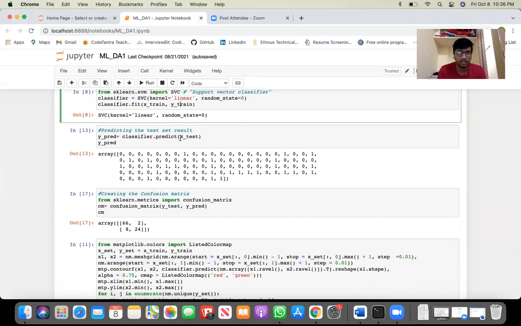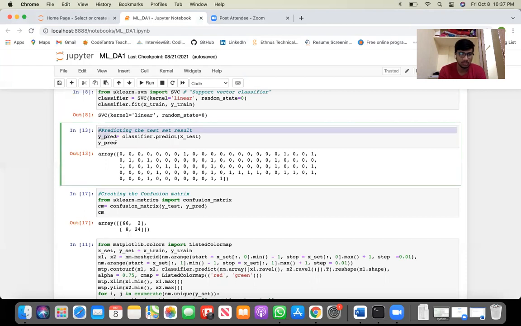Next step is predicting the test set result. The model performance can be altered by changing the value of C, that is a regularization factor. This code, I'll be explaining now. Now we will predict the output for the test set. For this, we will create a new vector,